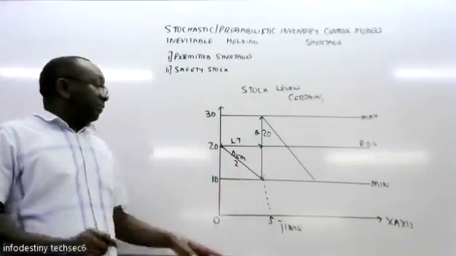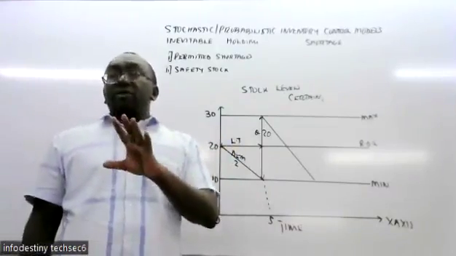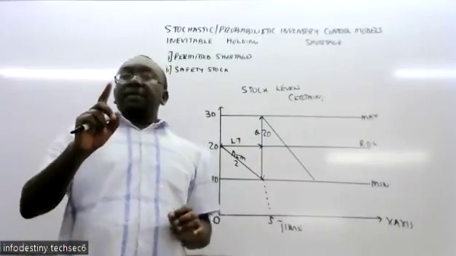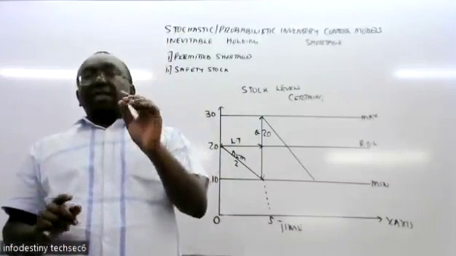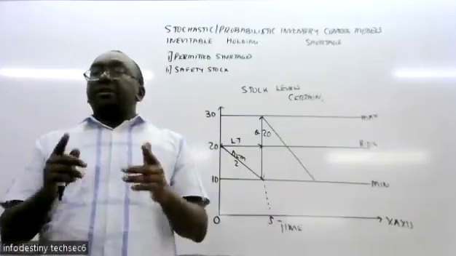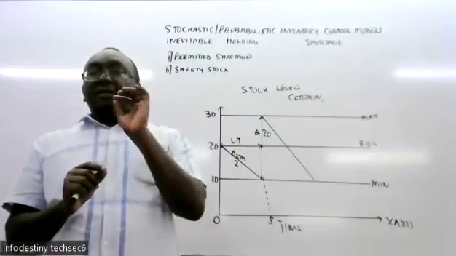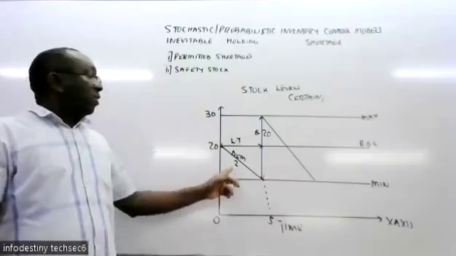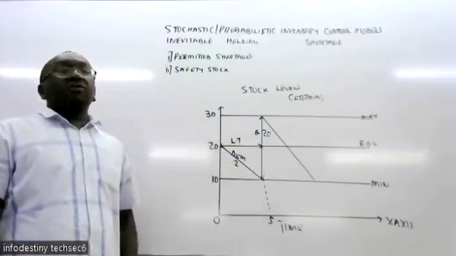The other thing is, we said lead time is constant and well known. That means, if we call our supplier and tell him to bring us those goods on Monday morning, that guy will actually deliver on Monday morning. And that has been his tradition. So we are very sure, Monday morning at 9, the goods have arrived. That's what we call constancy of lead time. Now, if that is so,